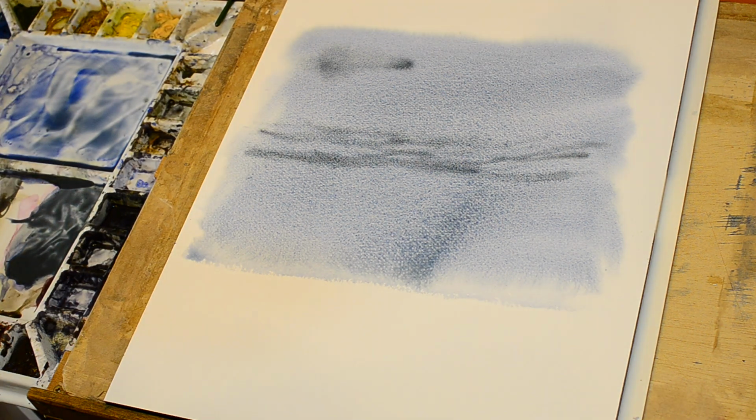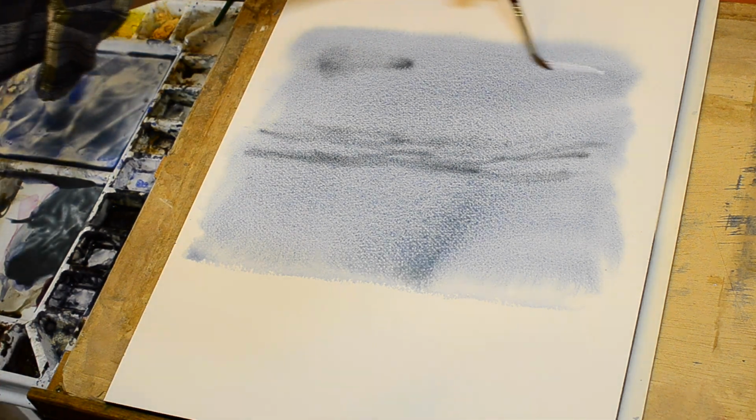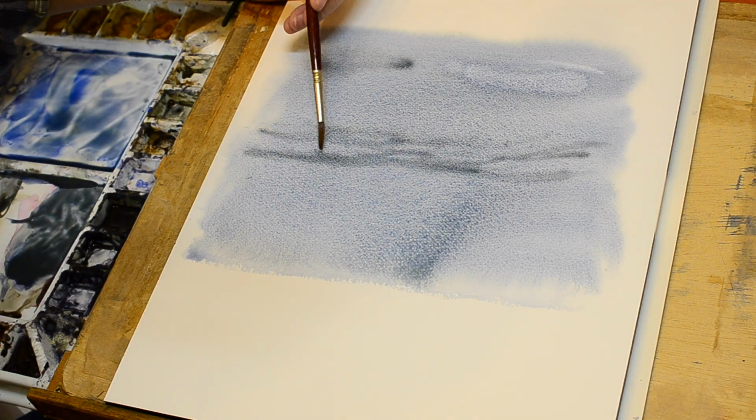Let me show you what I mean. Let me get an old sable brush that hasn't got too strong a point. It should just be damp. I don't want this to be really dry. If it's really dry, that's what happens. And then of course, if it's really wet, that's what happens. Cauliflowers. So I want it to be damp, and just with the lightest of touches, I'm going